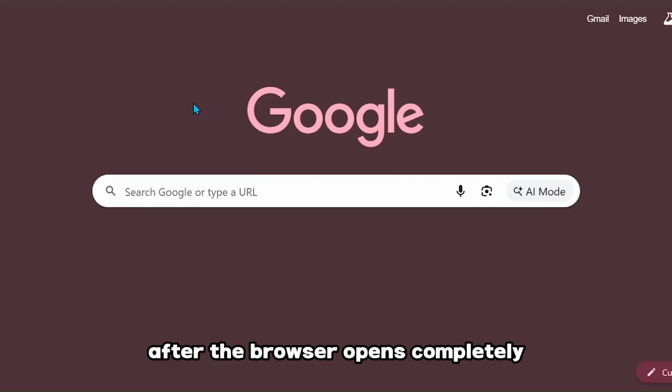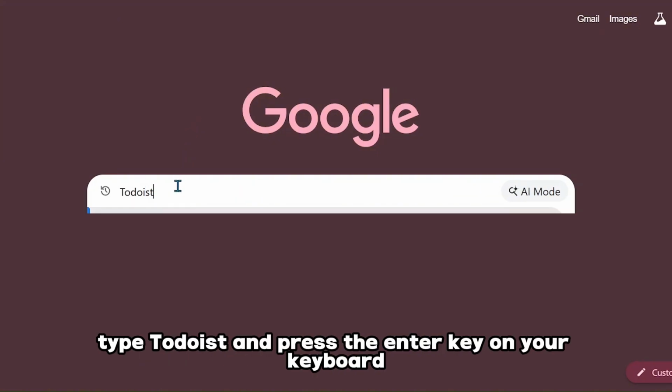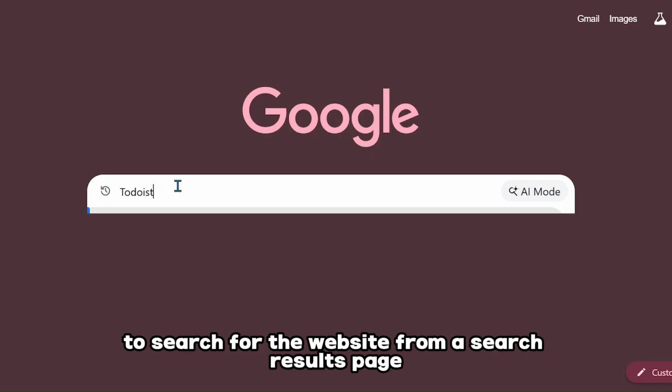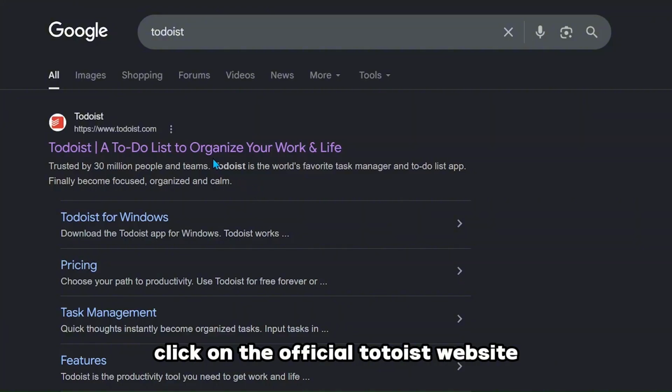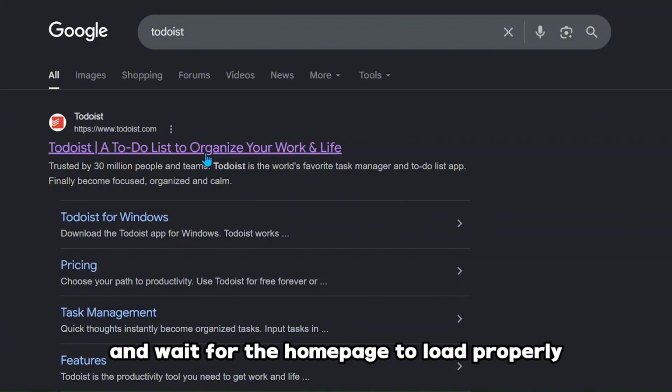After the browser opens completely, move your cursor to the address bar at the top of the screen, type Todoist, and press the Enter key on your keyboard to search for the website. From a search results page, click on the official Todoist website and wait for the home page to load properly